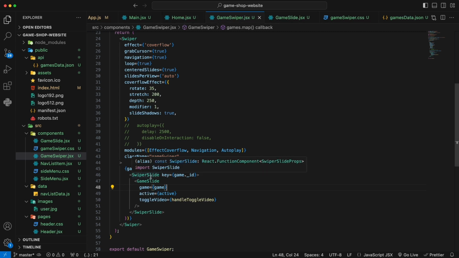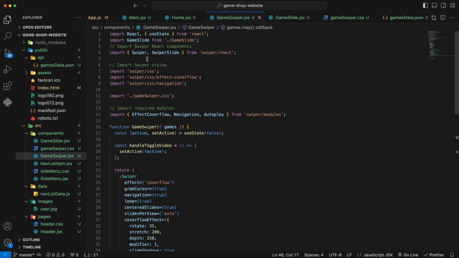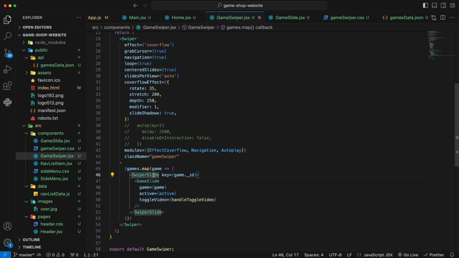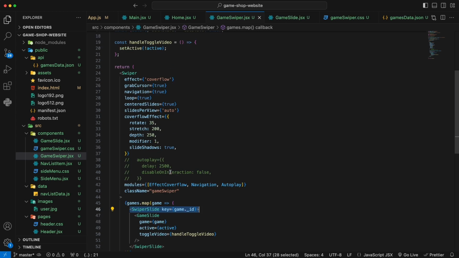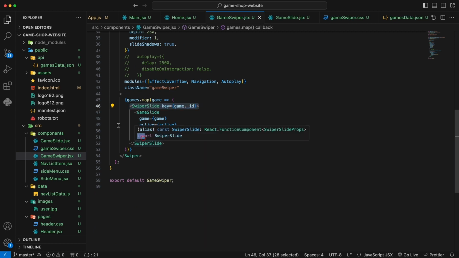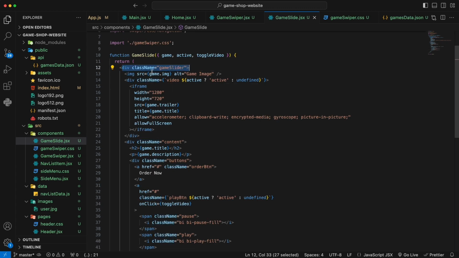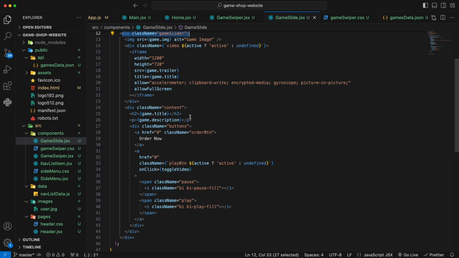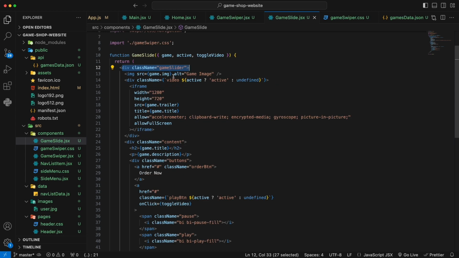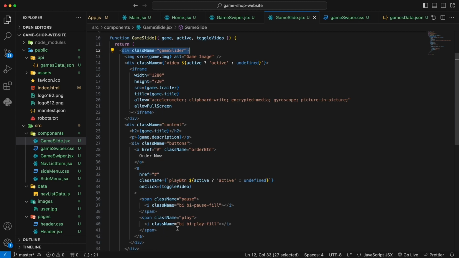What I did is that we rewrap all the swiper slide. This is not my built-in component. This is provided by swiper, from the swiper document. So instead of wrapping that into a separate component, we leave it on the same page as the swiper, and inside, we wrap everything inside that swiper slide into a separate component called game slide. On this page, we're just going to have that div that we previously wrote, and we wrap everything, all the images, videos, and contents, into that game slide, and that game slide gets exported as a component of game